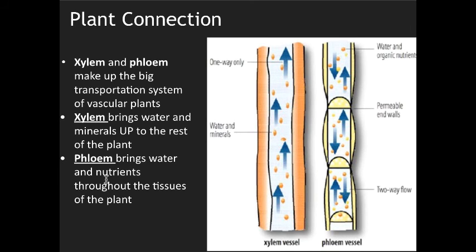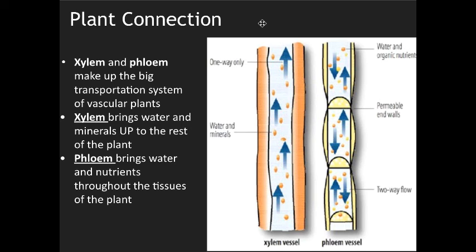We're going to tie in plants real quick here. Circulation in plants can get a little complex, but we have two major structures we're going to focus on, which is xylem and phloem. They make up a large part of the transportation system in plants, which is really what circulation is. Xylem brings water and minerals up